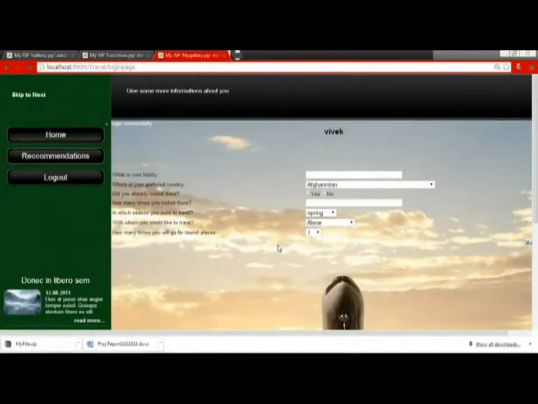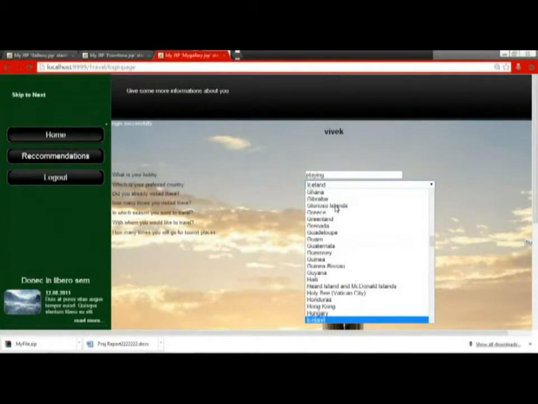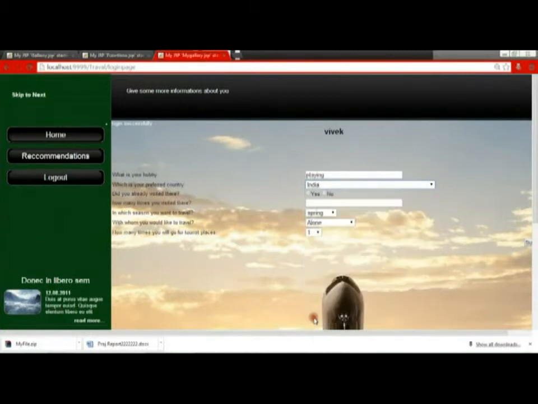After logging in, we have to give our personal details like what is our hobby, what is our preferred country for traveling, and what is the season we want to travel, and a few other general details. It will also ask how many times we have already visited that place.